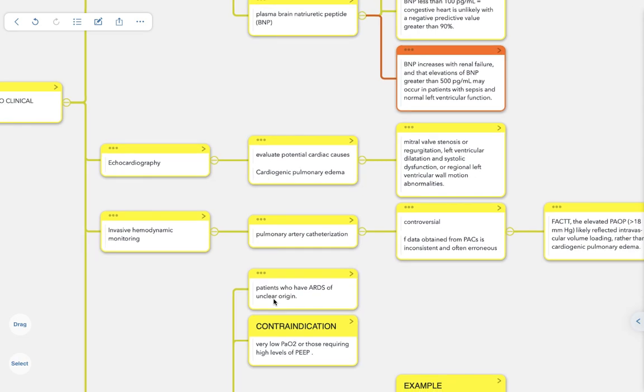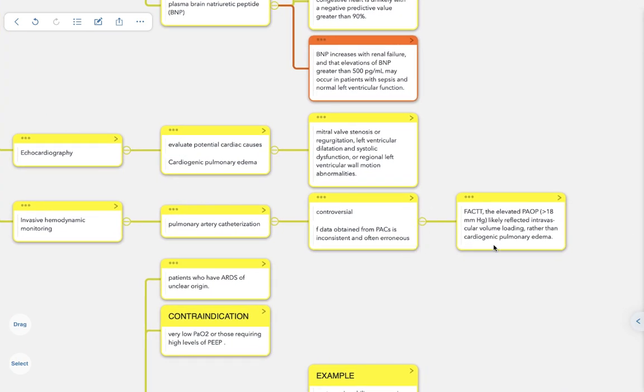Coming to the invasive hemodynamic monitoring. Invasive hemodynamic monitoring is done through pulmonary artery catheterization. Now, this is a very controversial thing, as the data obtained from the pulmonary artery catheters is inconsistent and often erroneous. The reason why I'm saying this is that initially, what we studied in the AECC definition was that